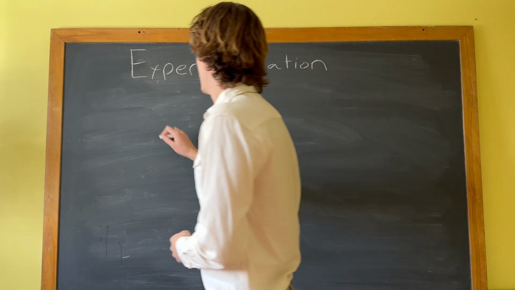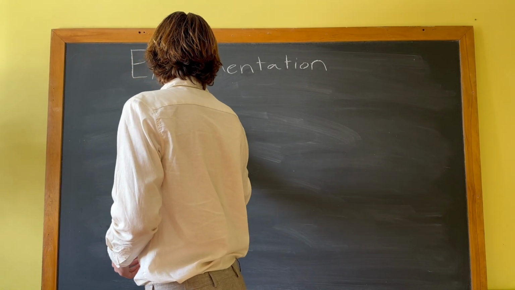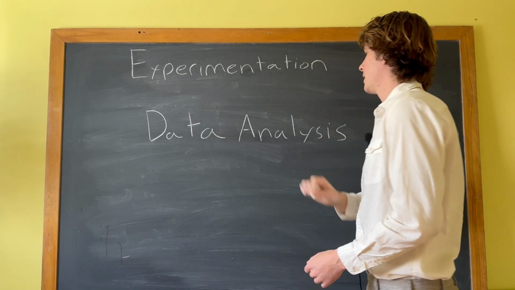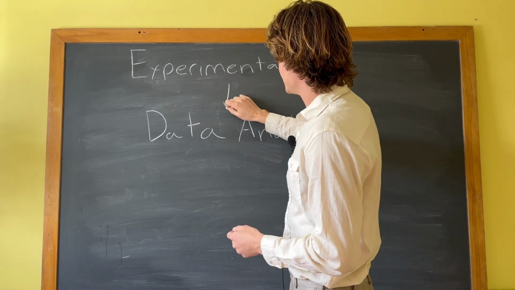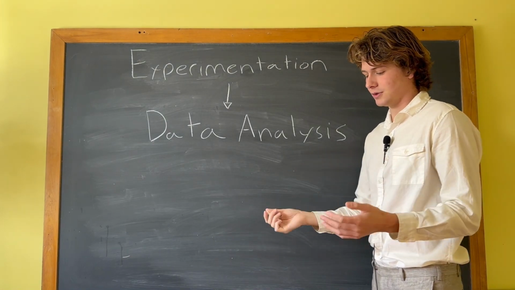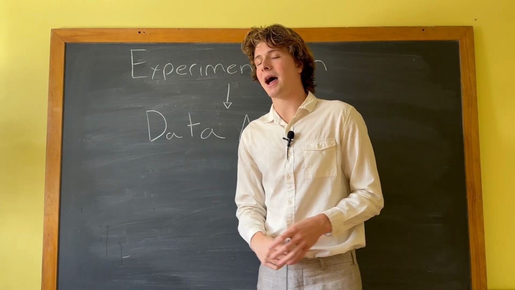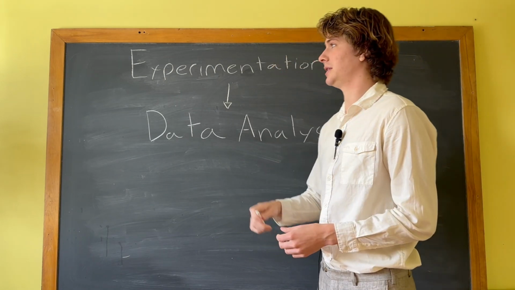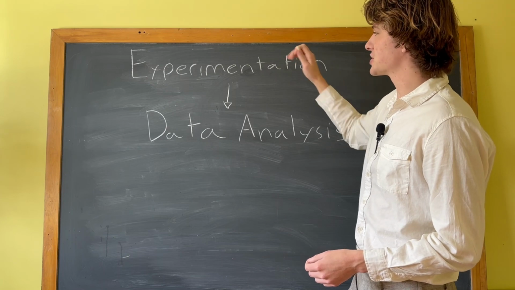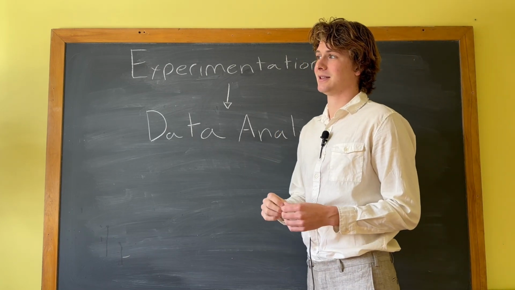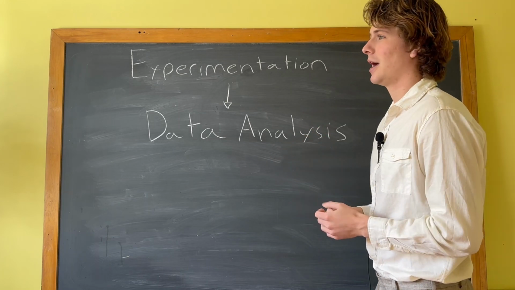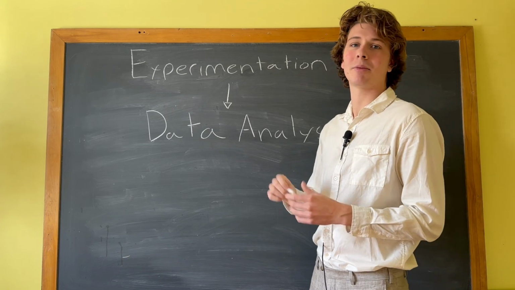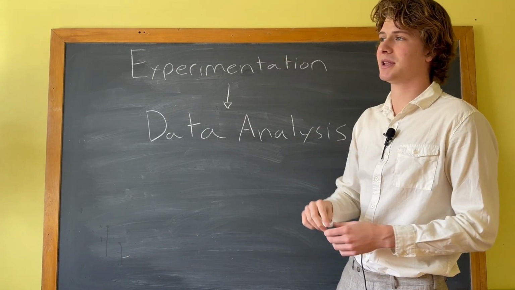So you run your study, and then you get into data analysis. You're kind of moving from experimentation down to data analysis, right? So you got your results. Blind data analysis is the best, of course. This doesn't always happen. Triple blind studies are where the experimenters, the participants, and the data analysts are all blind to the parameters of the study. A double blind is where only the experimentation is blind, right?